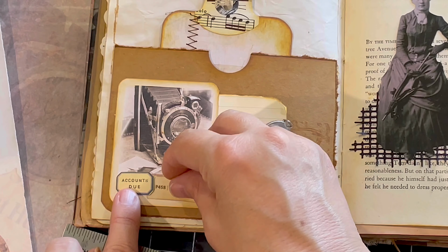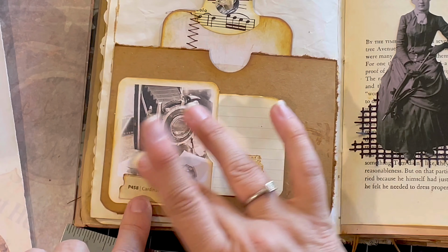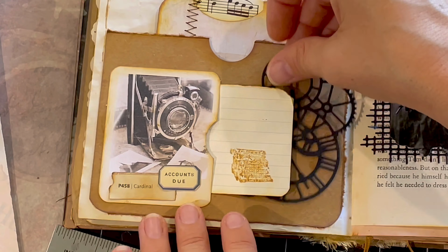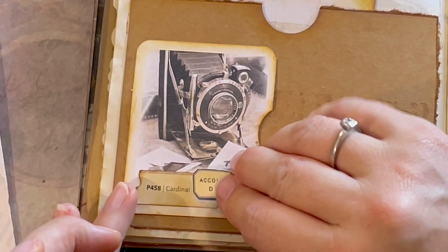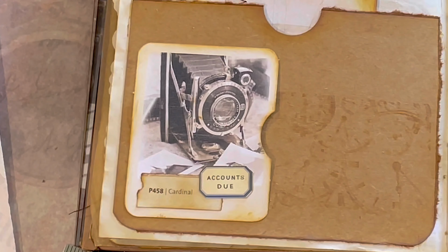In the meantime, I'm just adding a few more labels to the front of that pocket just to help it finish off, just auditioning where they go. Love that term, auditioning the pieces when you're collaging. I really love this little cutout and I did want to use it on this page, so I do that. But first I'm just sticking down those labels to finish the front of that front pocket, and then I'm gluing